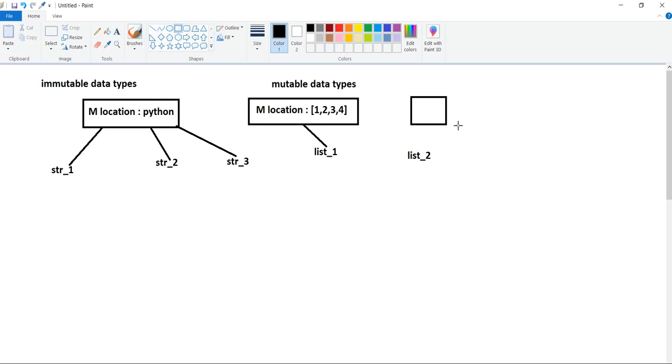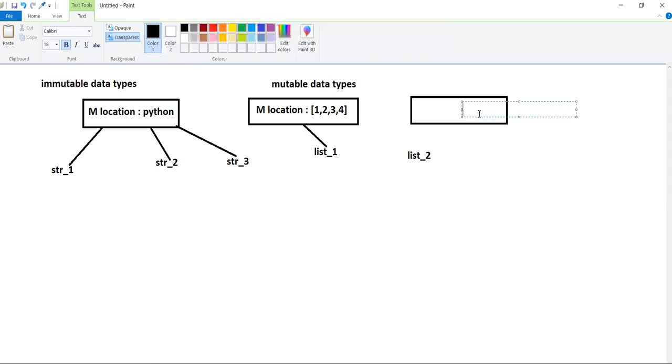A separate memory location will be created having the same data, 1, 2, 3, 4. So at the backend the memory location is changing. So we can say in case of mutable data types, we get a separate memory location.